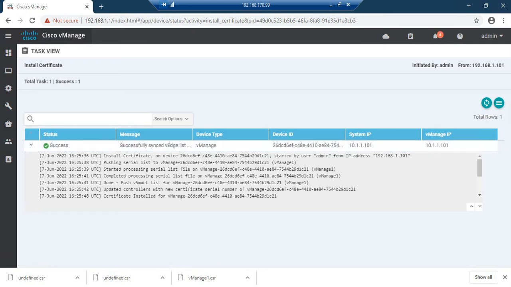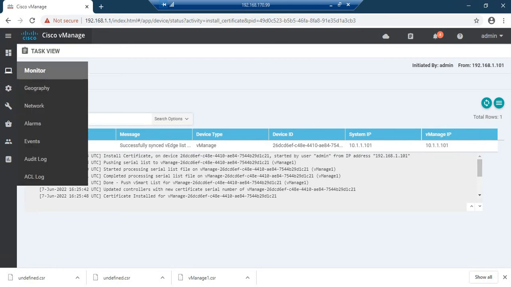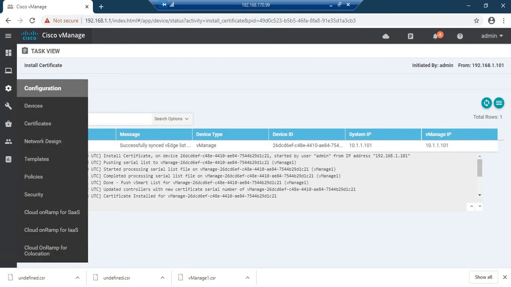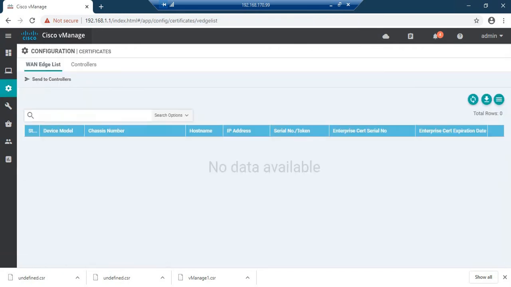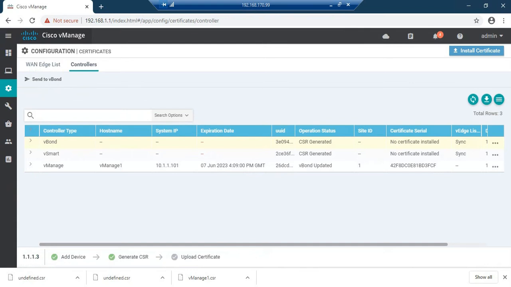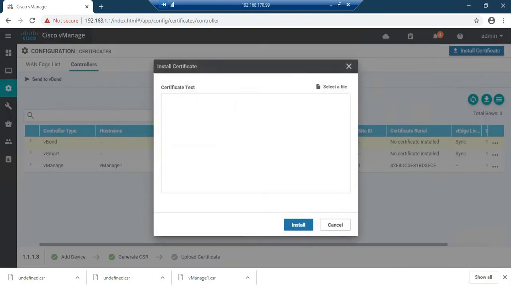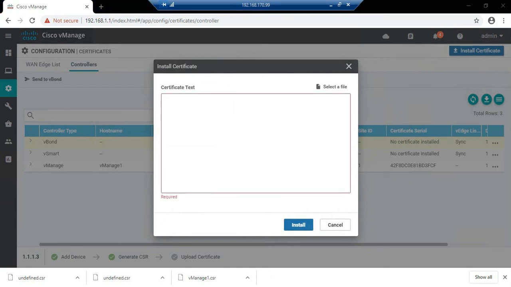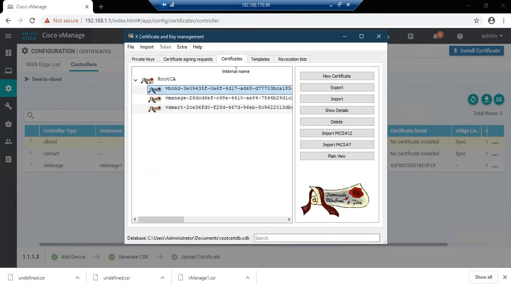Now let me install on the certificate. Configuration, certificates, controllers, install certificate. Now let me paste another certificate. Let me start by B1. So I have B1 here.